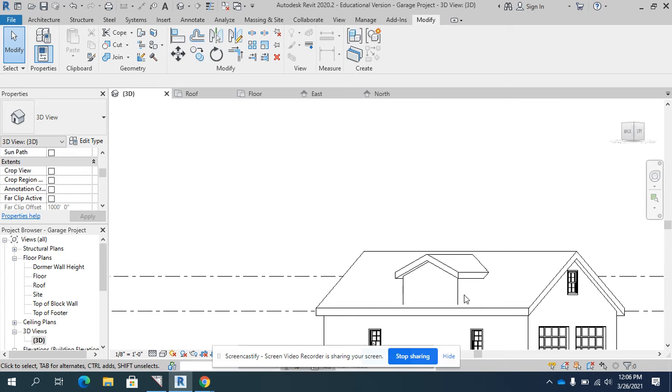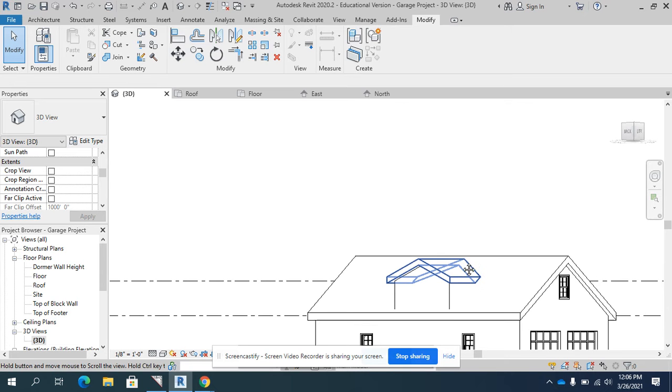I want you to have a dormer on your garage. Don't mind what the size is. The dormer roof should not extend above the garage